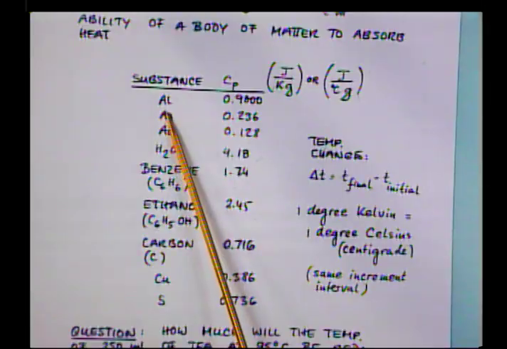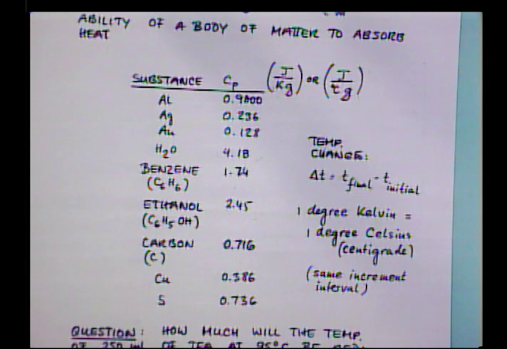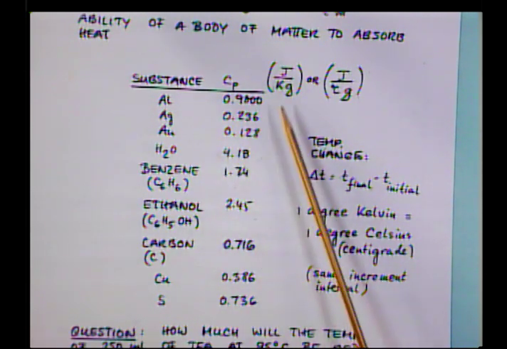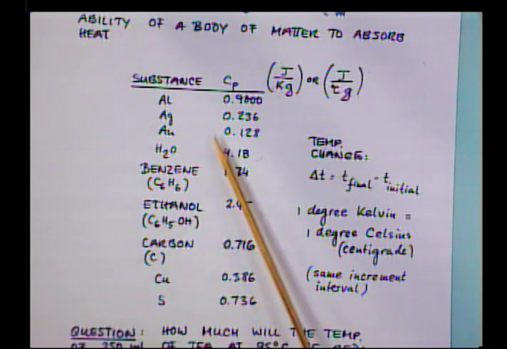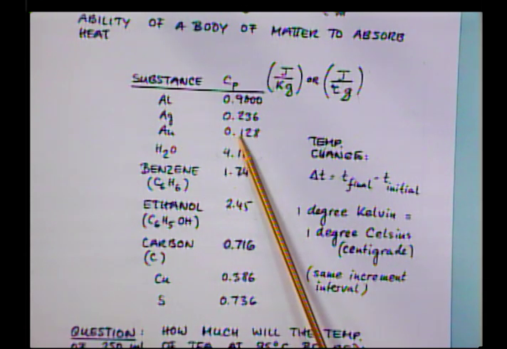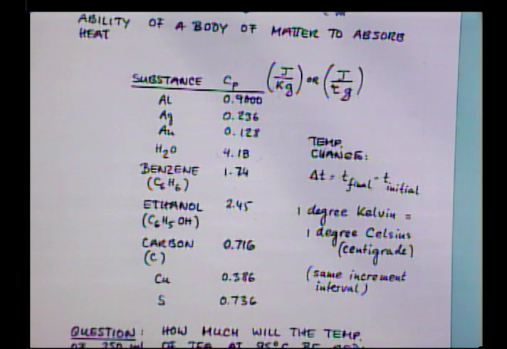So the amount of thermal energy that can be absorbed by a substance depends on how many degrees of freedom it has internally for particle motion. See? So aluminum is by far one of the most heat-absorbing substances, has a low density and a high heat capacity. It's 0.9 joules per degree Kelvin per gram. Silver is 0.236. Gold is very low. It's 0.128. It's a very dense metal. It's 19 grams per milliliter and has a very, very low